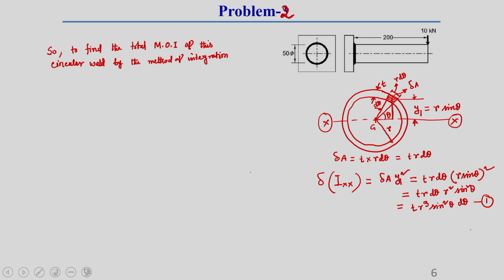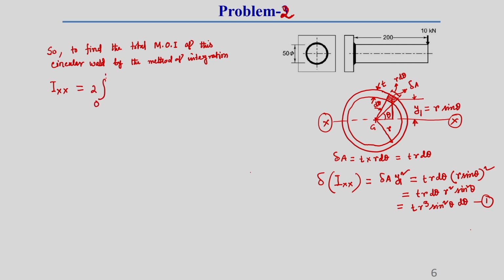Because here you see, this is the moment of inertia of an annular fillet weld, which is obtained by integrating equation number 1. So, here the total moment of inertia about this x axis will be the integration of